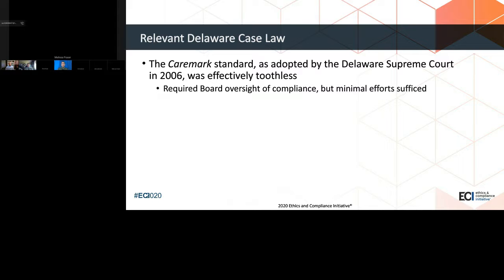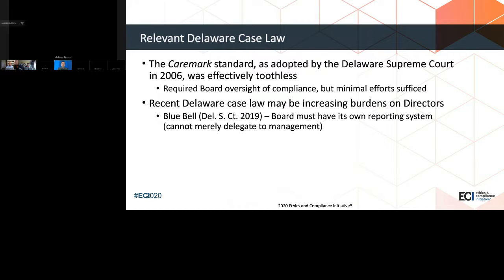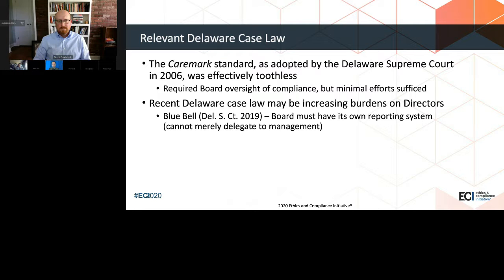And so there's criticism that that standard, the way it was articulated, led to a very check-the-box approach to compliance, just enough so that directors weren't personally liable. That was from 1996, affirmed in 2006, so that's the way it was for a long time. 2 recent cases are suggesting that that standard might be developing some teeth. There was a decision at the Delaware Supreme Court in 2019, commonly referred to as the Bluebell case,